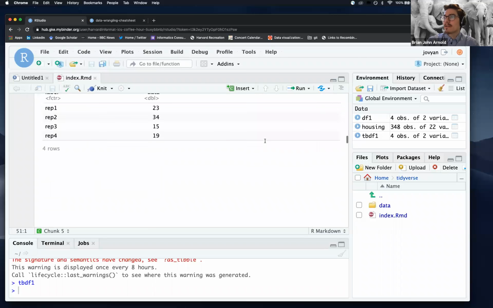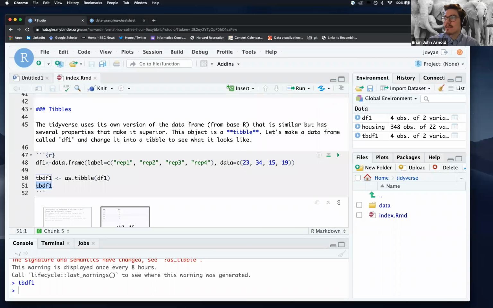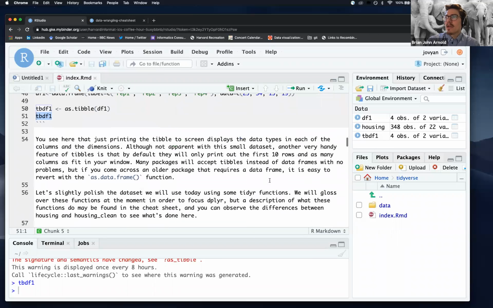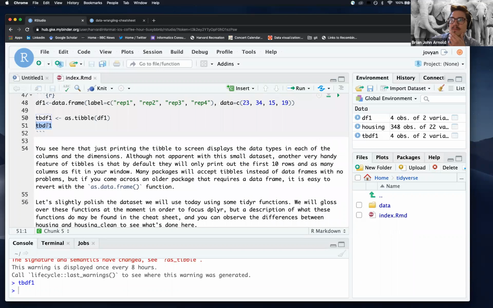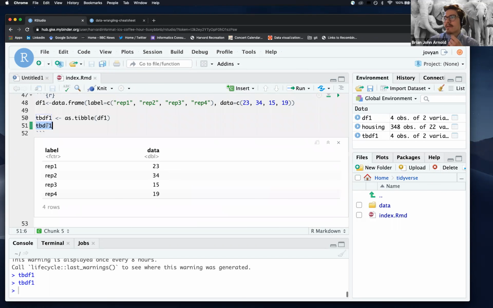And I'm actually, sorry, that introduced a lot of white space. Let me X this out. And one of the nice things about tibbles is if you type the name of the tibble and press enter,